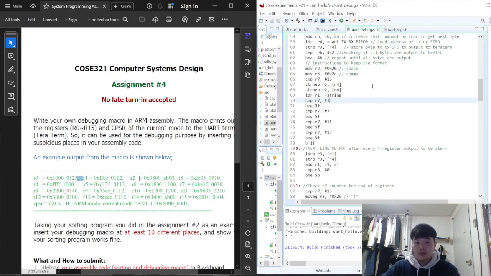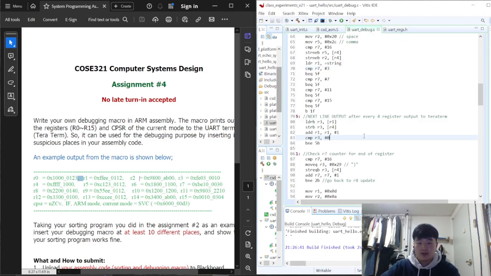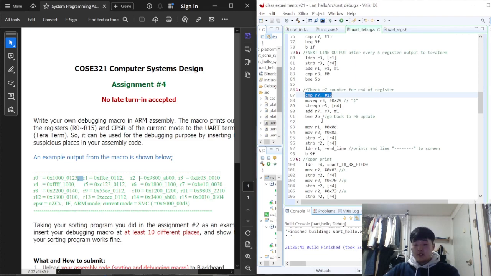Okay, next, if we look at the format right here, after printing out 4 registers, we want to go on to a new line. So I check if R7 is equal to 3, 7, 11, 15. So every time it's equal to one of those numbers, we just print out the next line right here. If it's not, we just check if R7 is equal to 16. Okay, but if it's not equal, branch not equal to 2 backwards